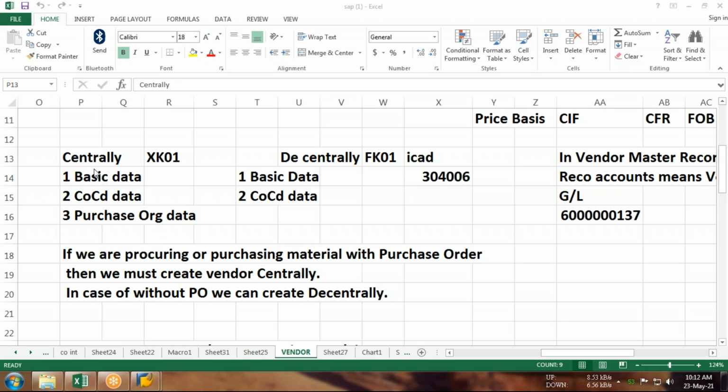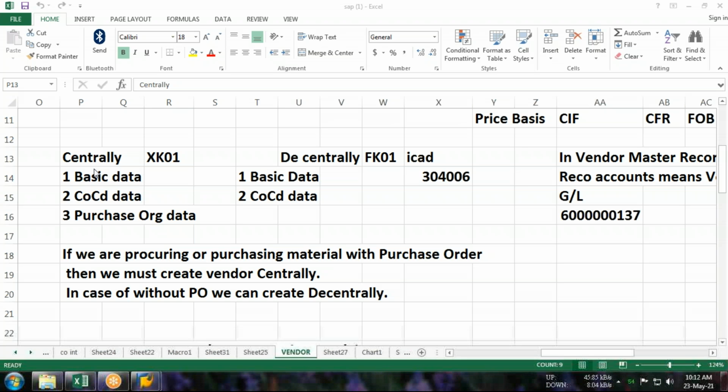If you remember the first class lecture, I told you that in ICA we are going to provide training on FI and CO. But apart from FI and CO, we are going to discuss two more modules, MM and SD, material management and sales and distribution also. So from now onwards, we need to take care of both modules, MM as well as FI.